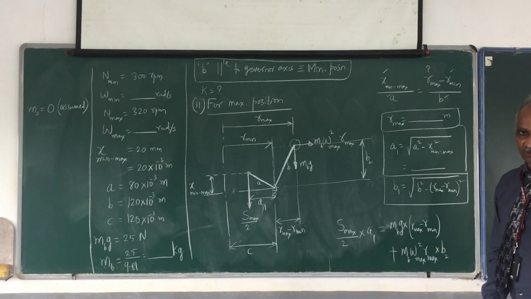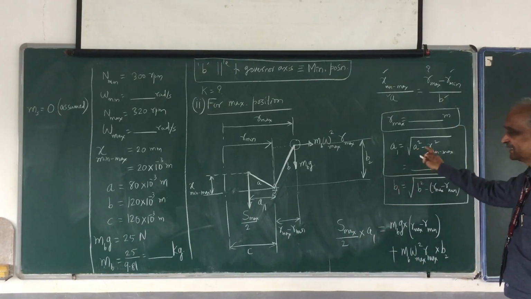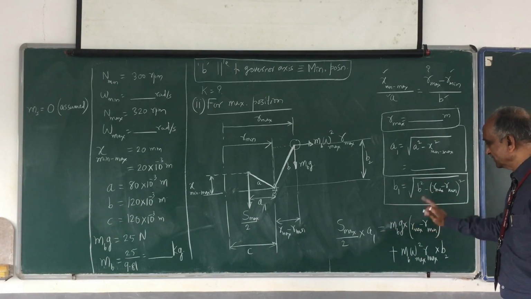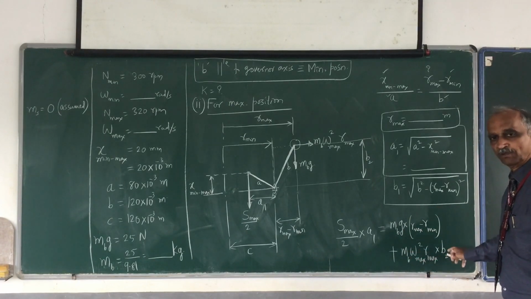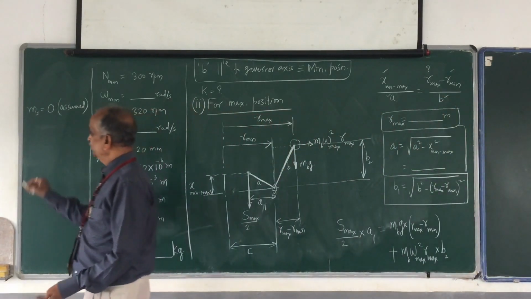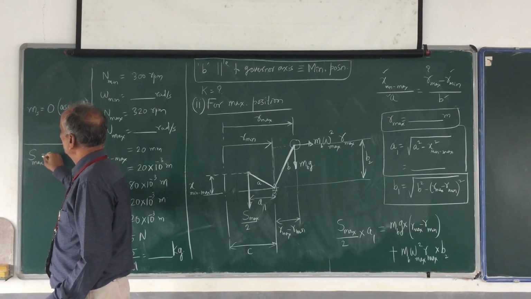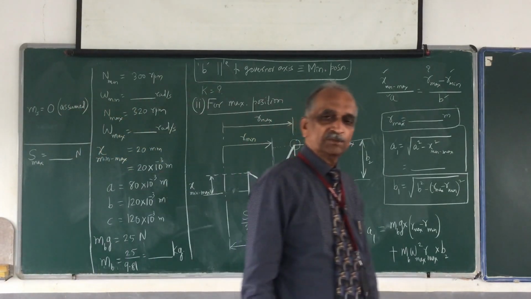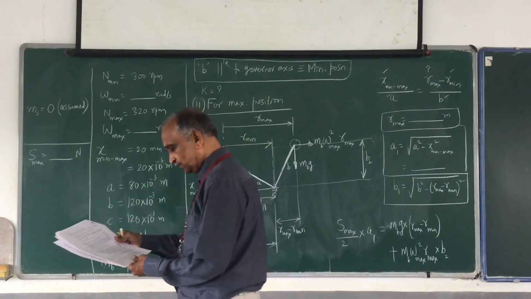Check what all things you know. S max is unknown. A1 is known, that I have found out. Then MB, G, R max, R minimum, all these things are known. MB is known, omega max is known, R max is known, B2 is known. All things are known, and from this you find out S max. S max is so many newtons. You know S minimum, you know S maximum, and you can easily find out